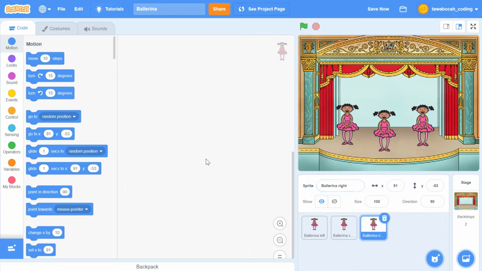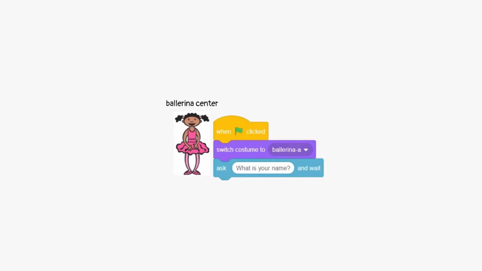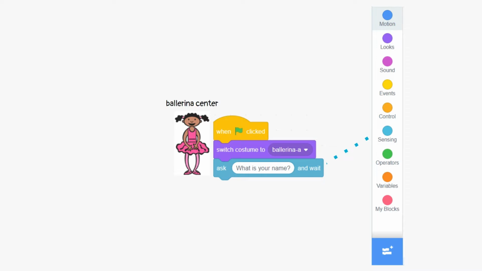We will do the coding in the Ballerina Center. In the Ballerina Center, add this coding block. For the light blue block, it comes from sensing.